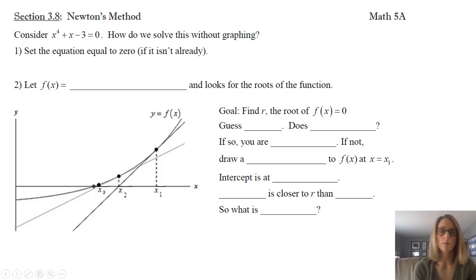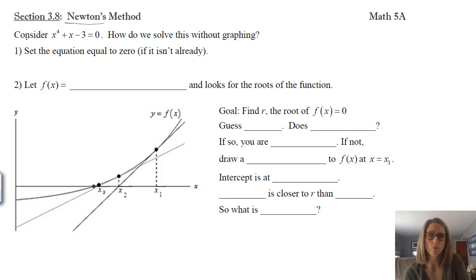So just a couple more sections on chapter 3. This is Newton's method. You have probably heard of Sir Isaac Newton, and this is his method. This method is all about finding zeros for a function that may be hard to find. You can't factor it, or if it was a trig function or something and could pretty simply find out its roots, how could you do it?